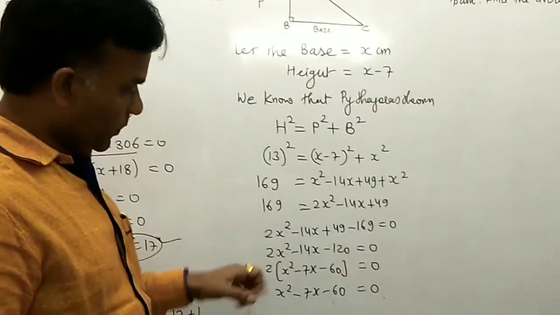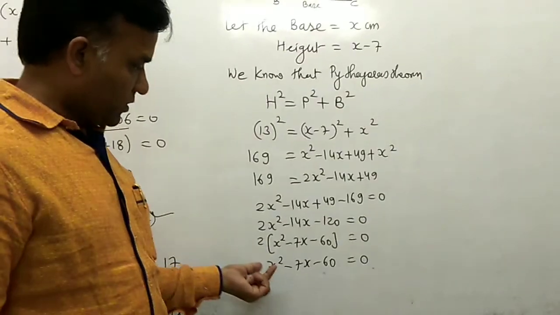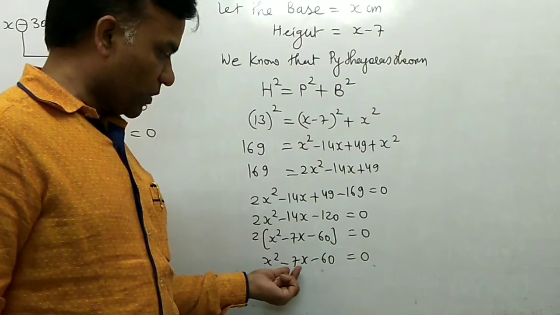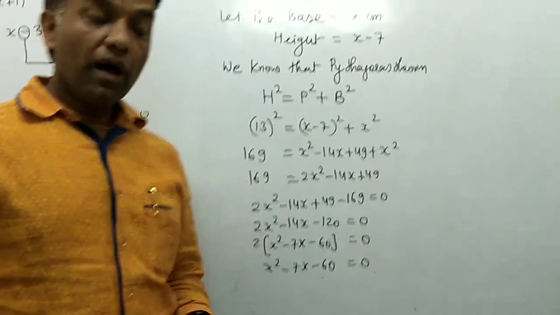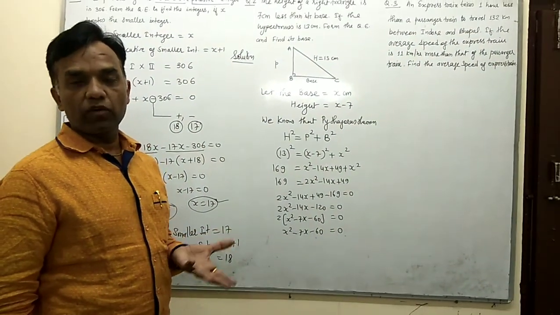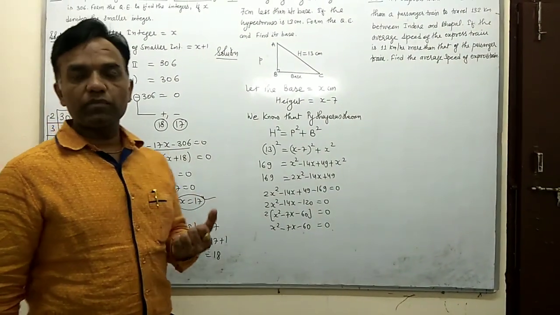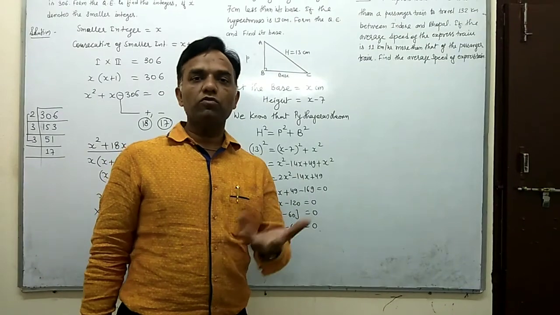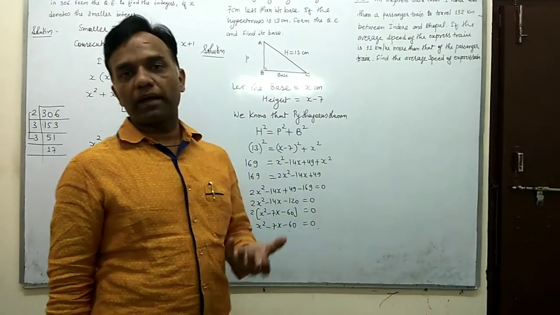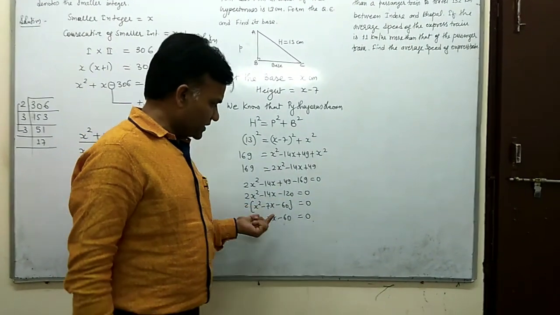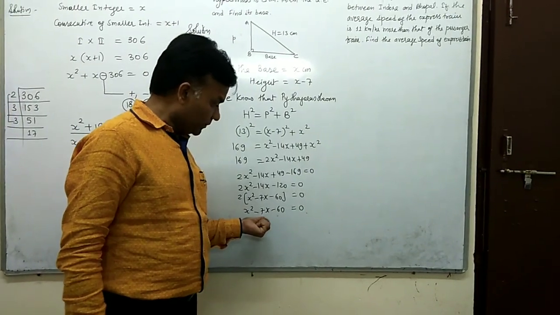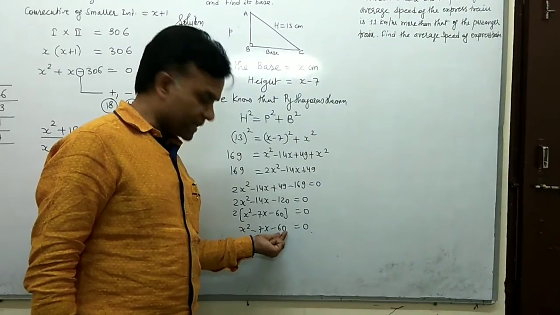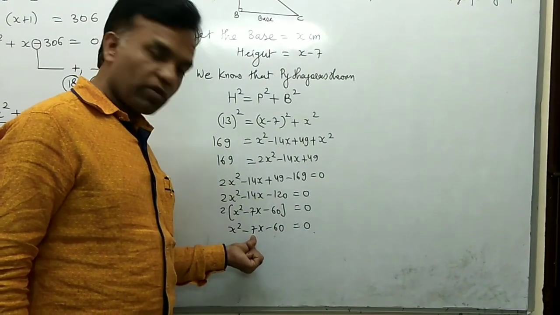So base, now at present I also don't know the base. So we have the quadratic equation x square minus 7x minus 60. Again we have the constant term in the negative form, and again we use the concept of factorization, or maybe you use the formula method, maybe you use the completing the square method. But now easy going is to split the middle term, and now your product you want like 60, and after difference you got 7.